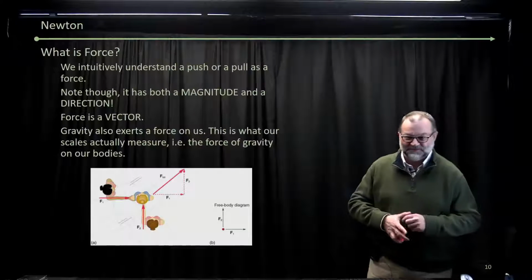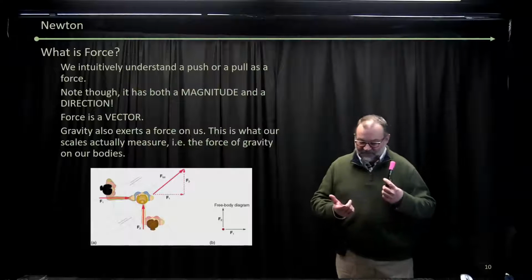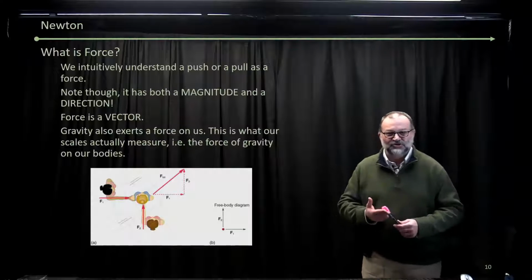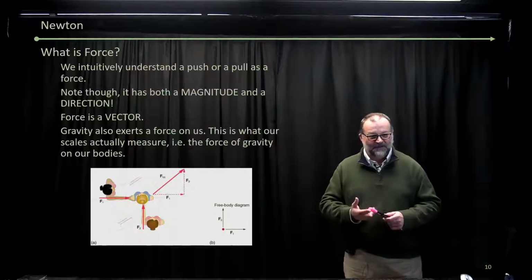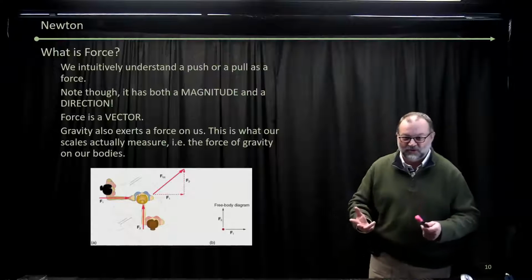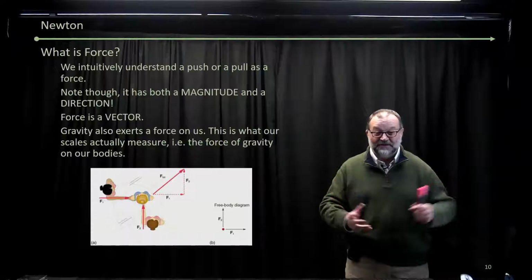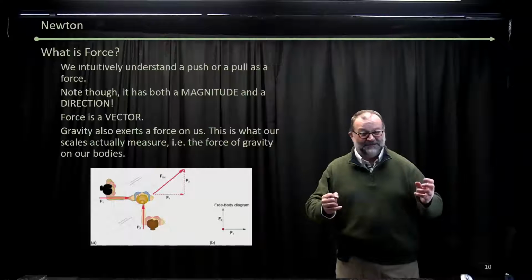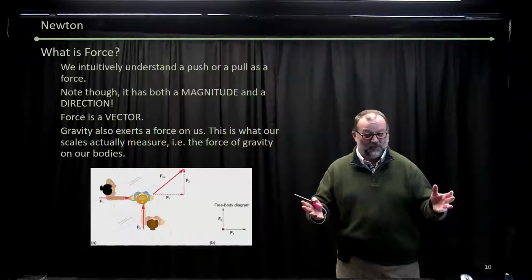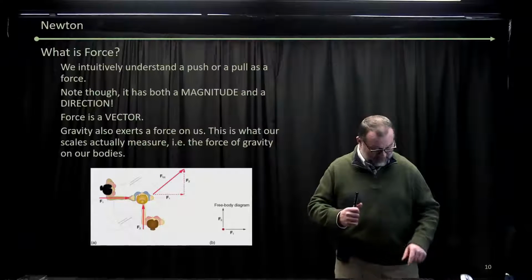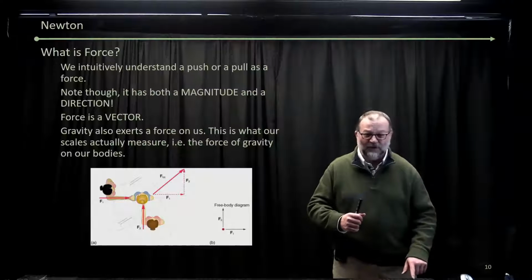So one of the things that Newton really got to is a better idea of what a force is. And a force has both a magnitude and a direction, so it's a vector, and you have to keep track of its components, right? And Newton's three laws are sort of a starting point for everything he did, but here we go.